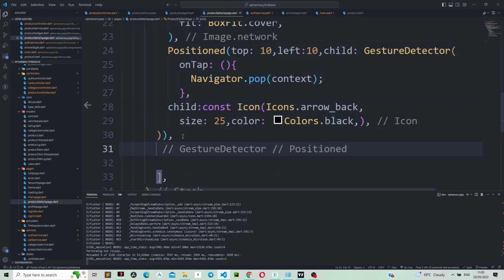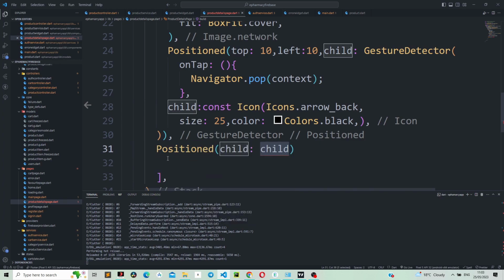Let's use another positioned widget again. In this case, it's going to be top of 10, and from the right, we want also to give it a distance of 10,